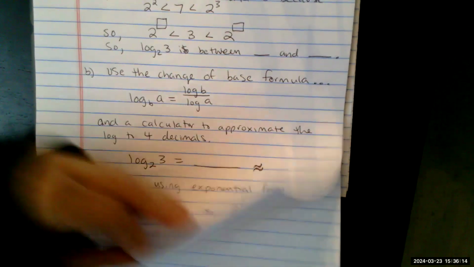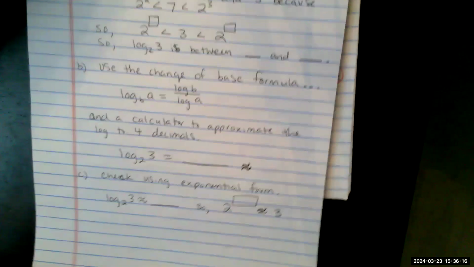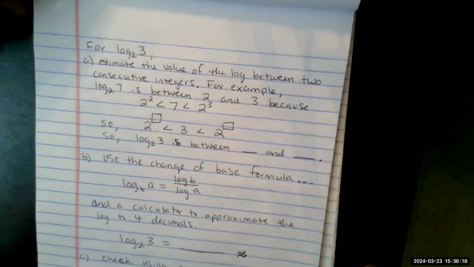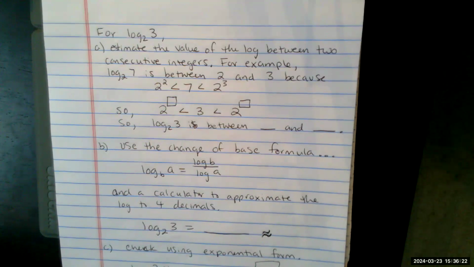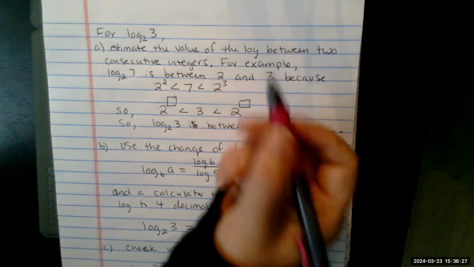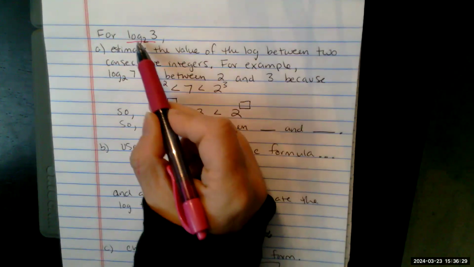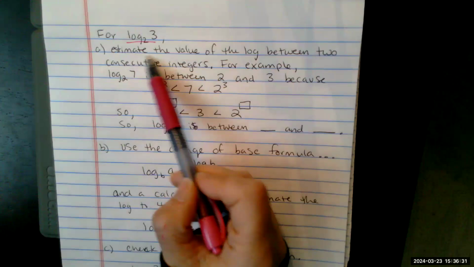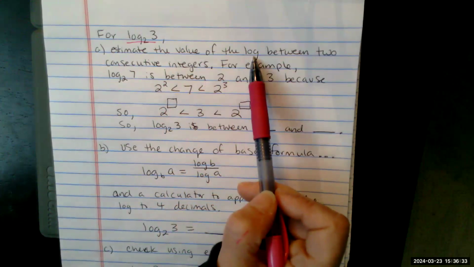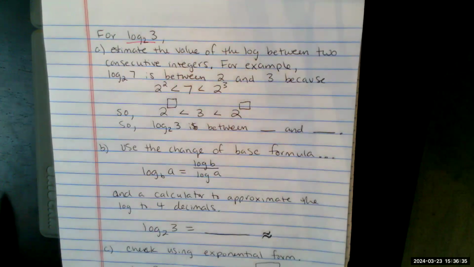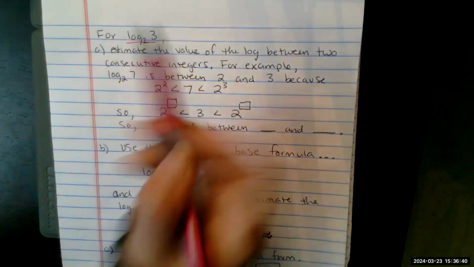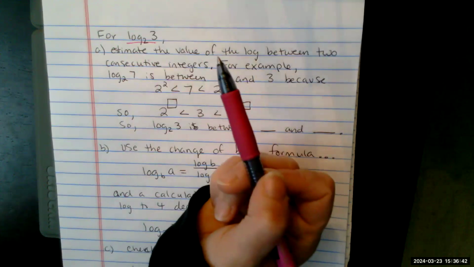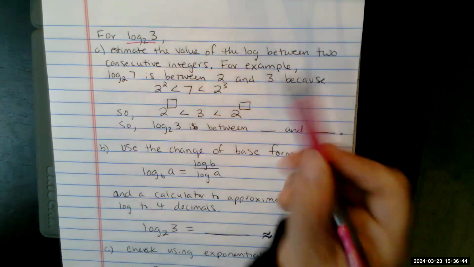Last one, I think, is this one, which is again just a very specific question. So let's see if I can help you understand this a little better. So they're giving us an example that for log base 2 of 3, if we wanted to estimate the value of this log, meaning we're not doing any math, we're not picking up our calculator, but I just want to be able to estimate right off the bat, what is this between? What 2 numbers is this between? The way you could do it